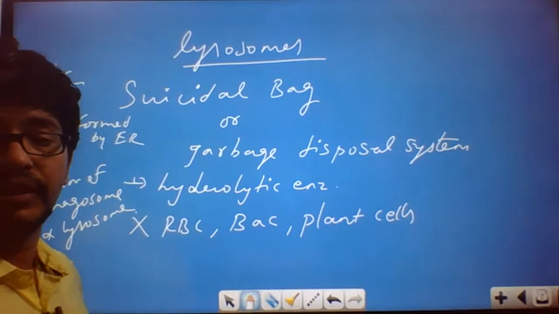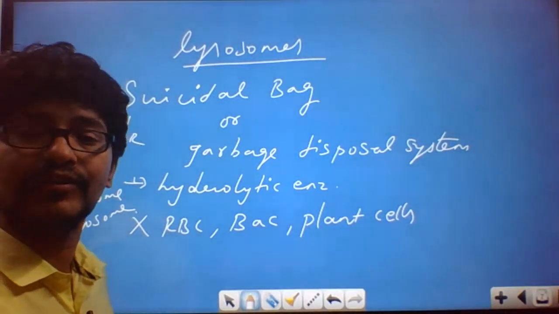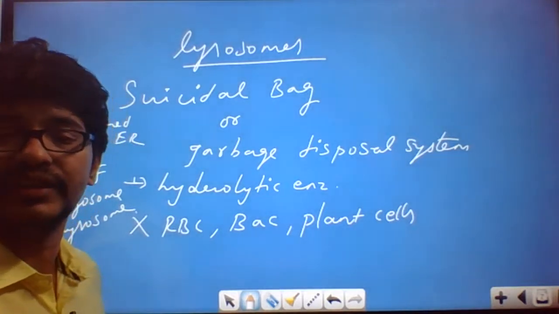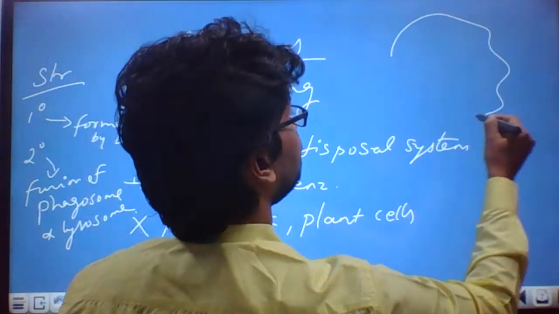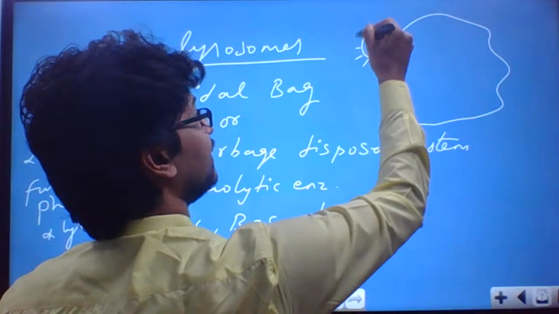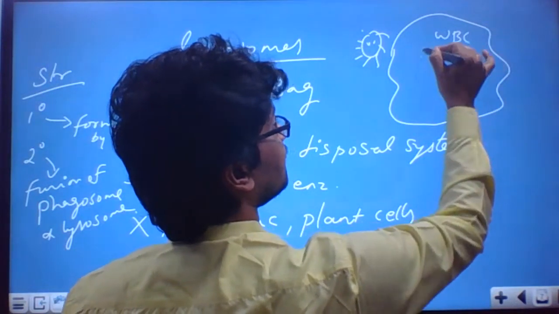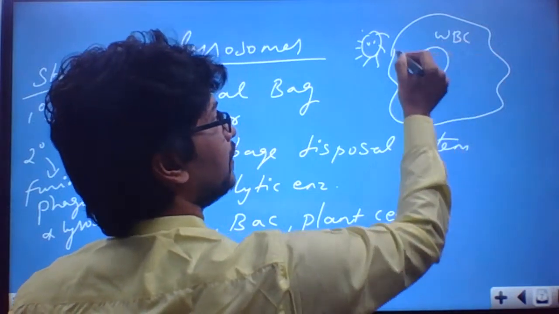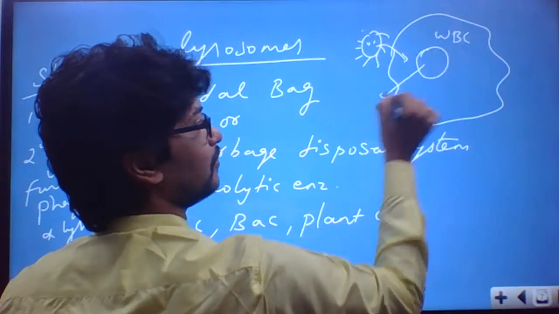Does the WBC have lysosomes? Definitely yes, because WBCs are phagocytic cells. We call this the cell eating mechanism, phagocytosis. A bacterium comes in; take this as a WBC and this as a bacterial cell. This bacteria has to be engulfed. This WBC consists of lysosomes. The bacteria which is engulfed inside forms a structure called a